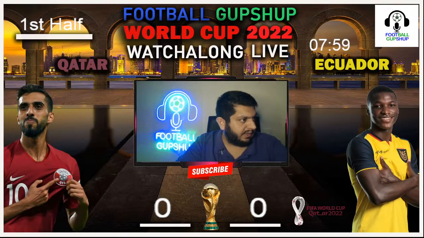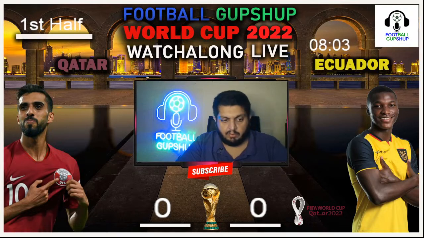You can see the Ecuador manager over there, and you can clearly understand the frustration he would be feeling right now. I think he would be feeling that he was wronged. So that might be the case. But anyway, eventually we're going to see what is going to happen. Once again, Ecuador have got the ball. This is going to be interesting.